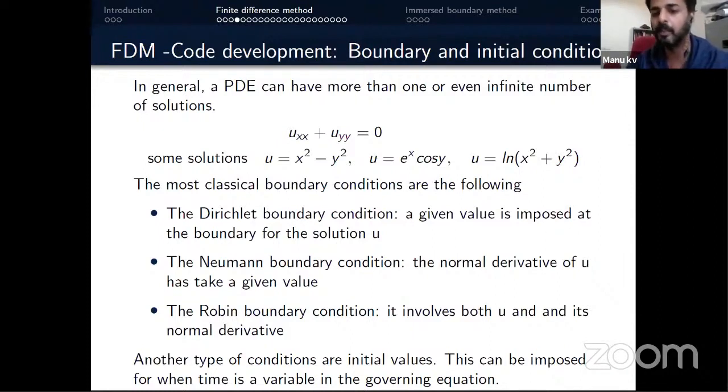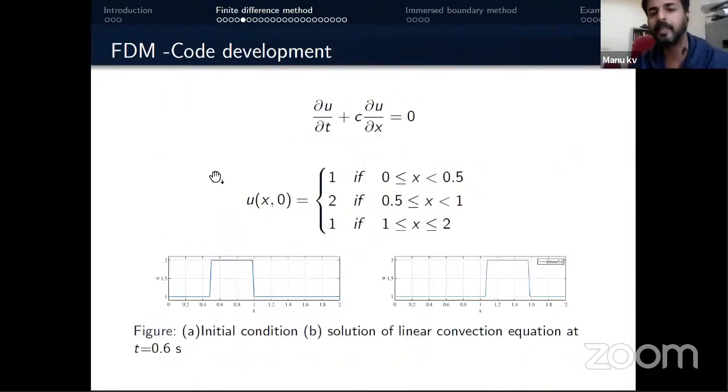Sometimes we have to give a relation between velocity and the gradient, something like the velocity is related to the gradient itself. Such boundary conditions are Robin boundary conditions. So these are some typical boundary conditions associated with any fluid dynamics problem. Now let's look at the solution. This is the first step of solving the Navier-Stokes equation. So how can we solve this particular equation using the finite difference schemes?